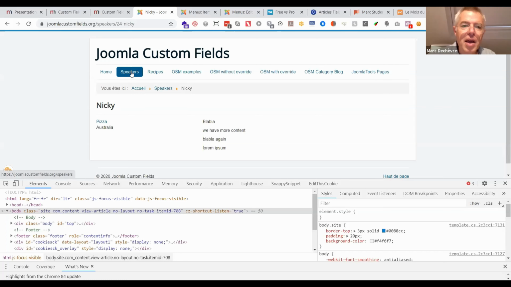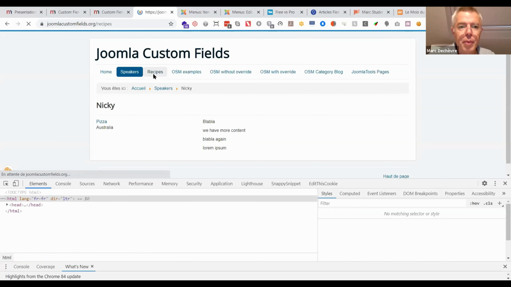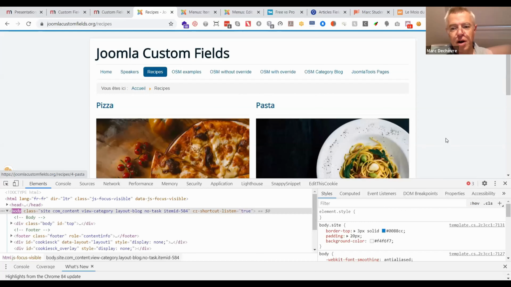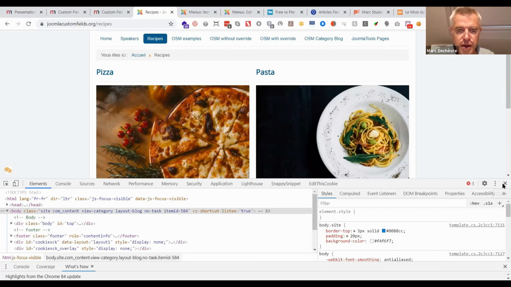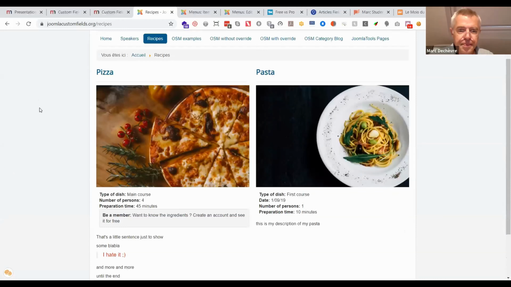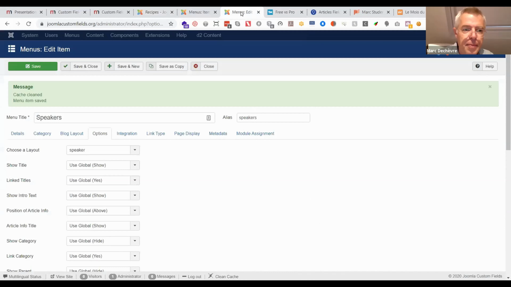Now, if you would say, oh, Mark, we also want to customize the blog view. So this is the blog view. Maybe I will show it for recipes. For recipes, I have 2 articles. This is more obvious to understand, right? For the recipes, I have this layout. I could also make an override of this layout. If you say, oh, I would like to have the image before the title, then you just make the same thing in the overrides, but you would choose, let